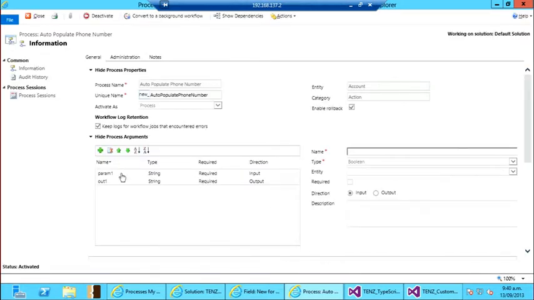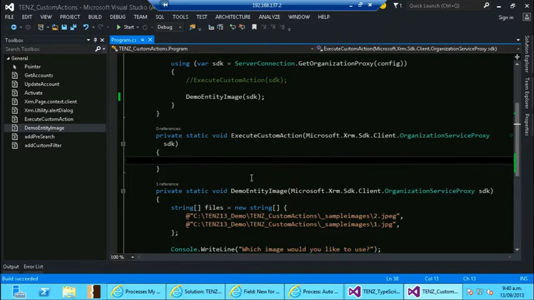It's got two parameters: param1, which takes in a phone number, and a parameter that's coming out, which is going to output the current account name. So if we go back to our SDK,